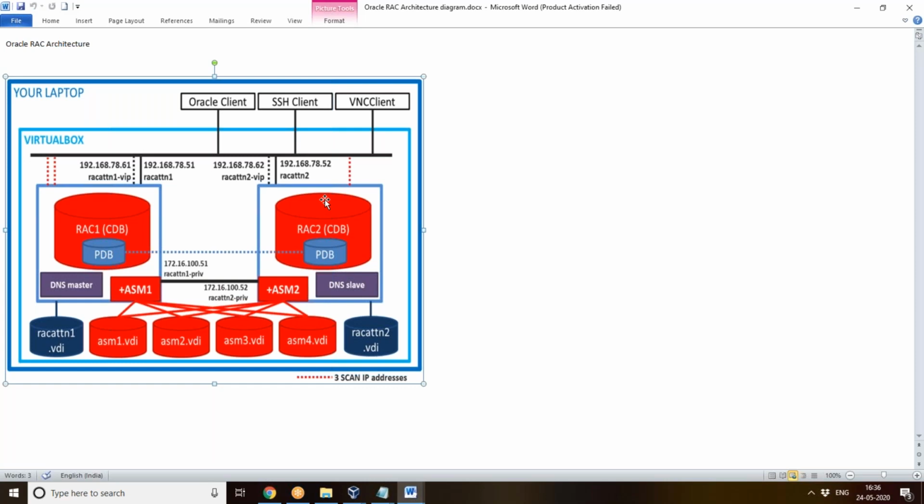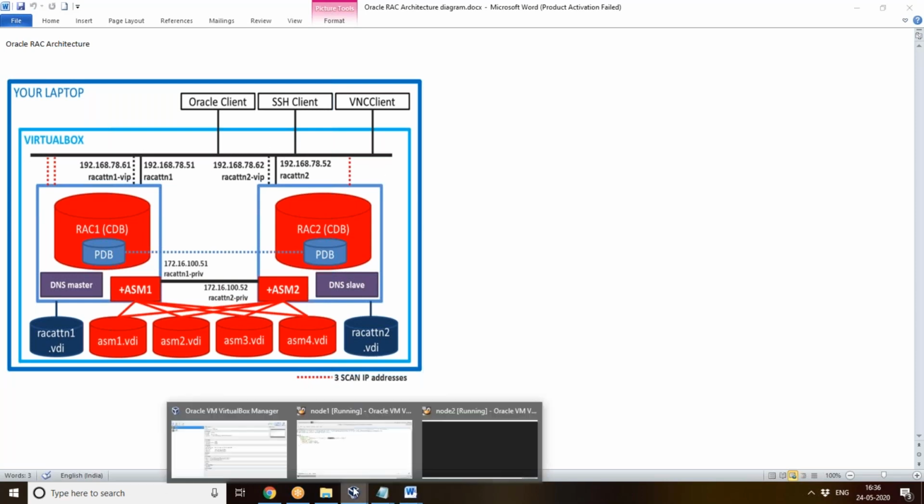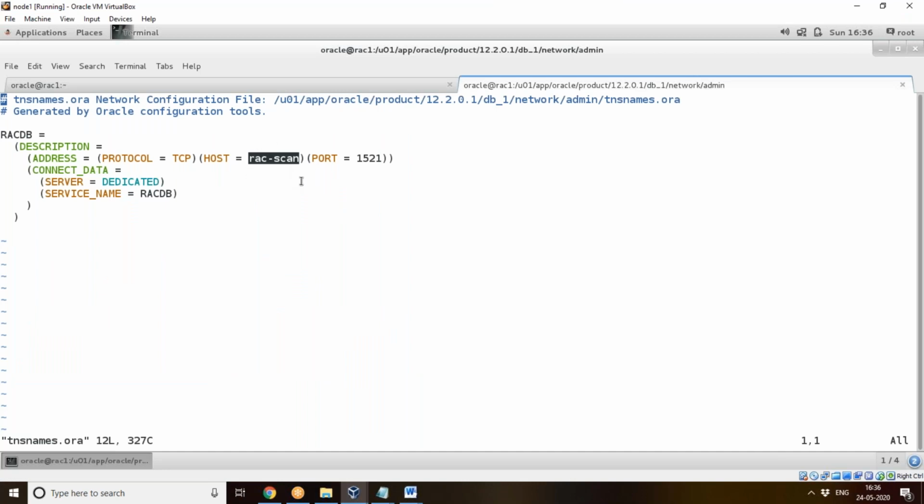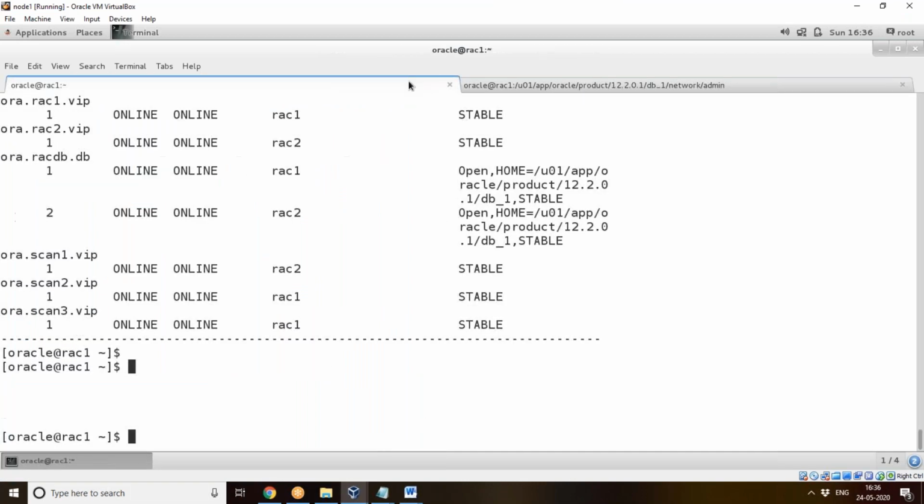Now, instead of the application coming and checking, normally what the application will do is come and check the first one, that is the first VIP. If it's not able to find it, it will go for the second VIP, to see whether it is available or not.